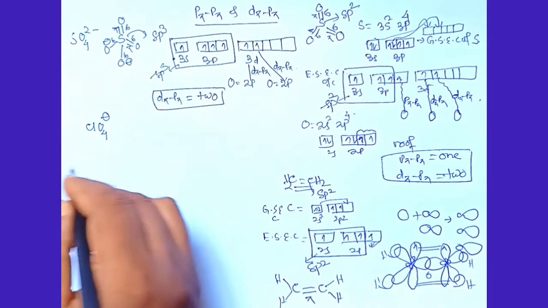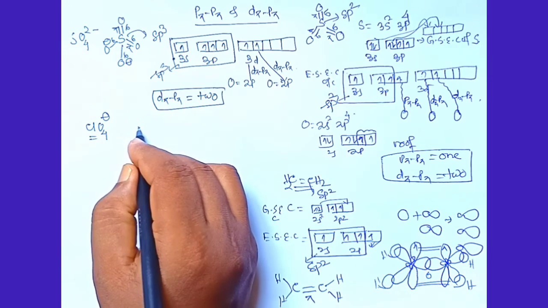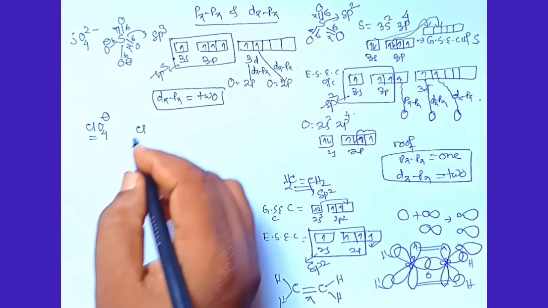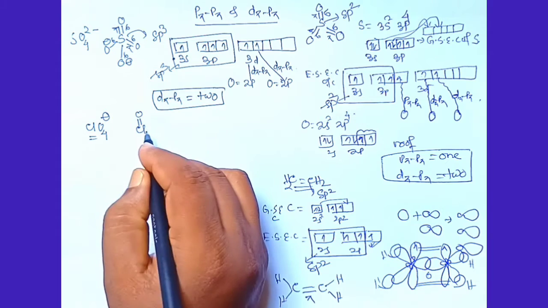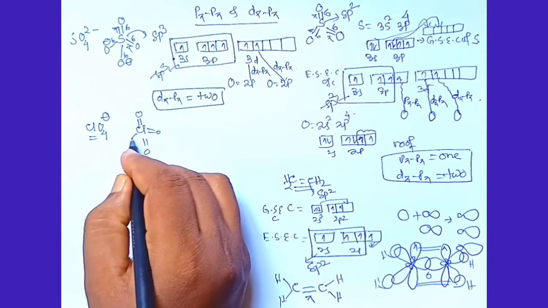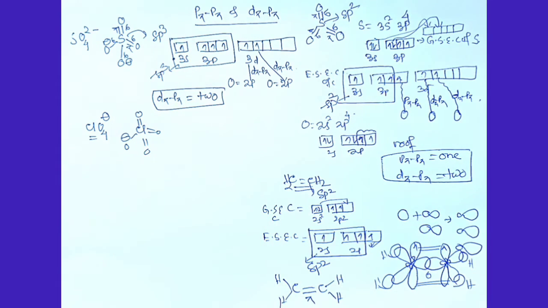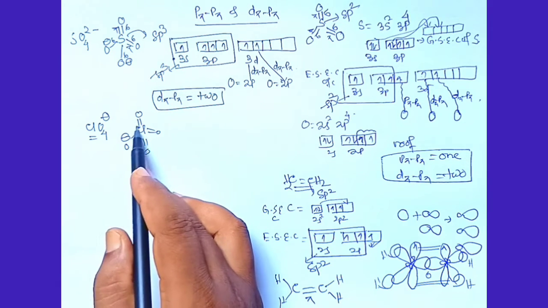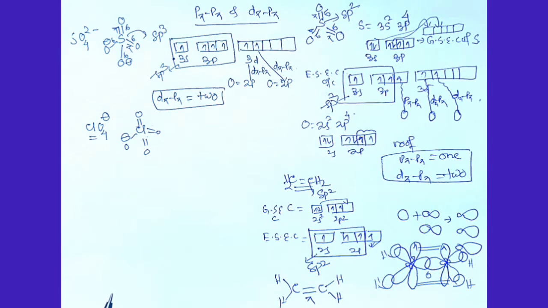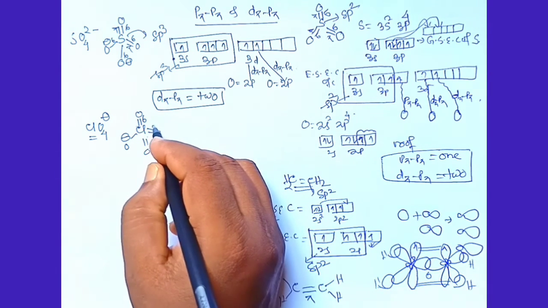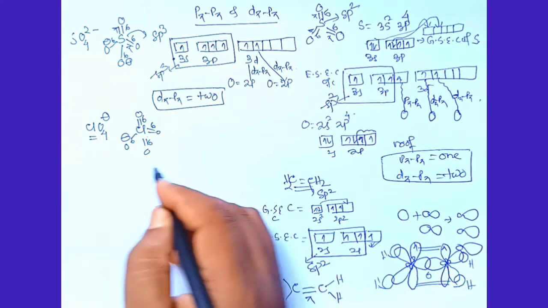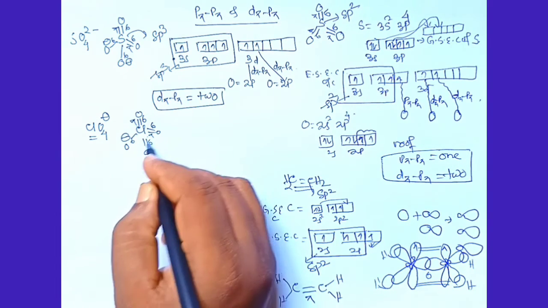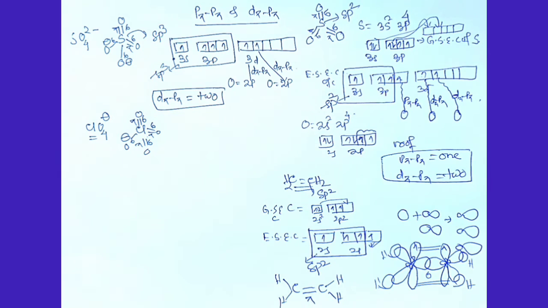Again, we can discuss the perchlorate ion, ClO4 minus. I will draw the structure. So this is chlorine. Chlorine has 7 outermost electrons. So you write the structure of this ion. 7 unpaired electrons, 1 2 3 4 5 6 7, all the electrons participate in the formation of sigma bonds and pi bonds, no lone pair. So you just count the sigma bonds here, 4 sigma bonds, and how many pi bonds? 3 pi bonds, but we have to mention the category of pi bonds here.